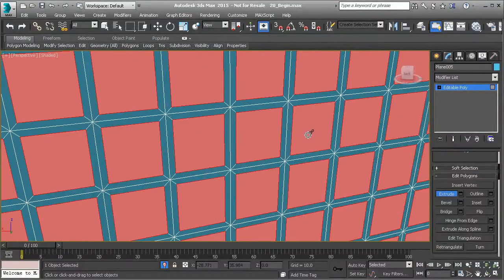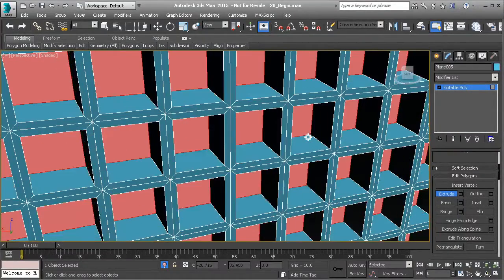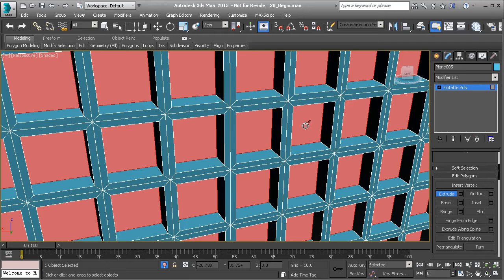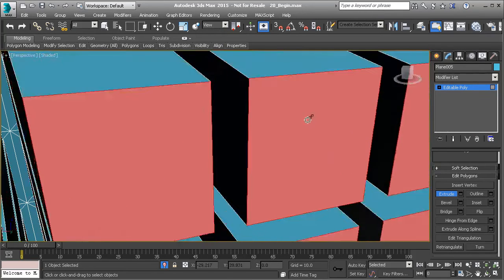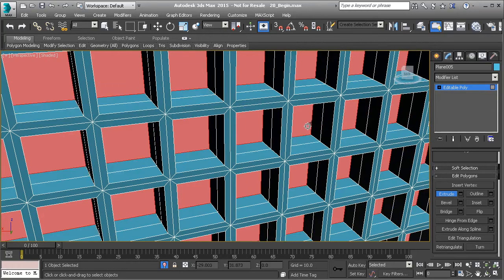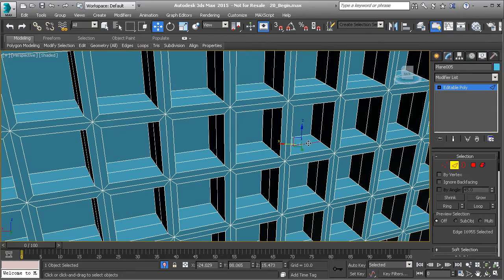Let's left click and drag on one of these points, and you'll want to pull down in the mouse. And I just want a little bit, and then let's drag it one more time. Left click and drag again. So something like that. And then I'm going to go to edge mode, double click on this edge right here,